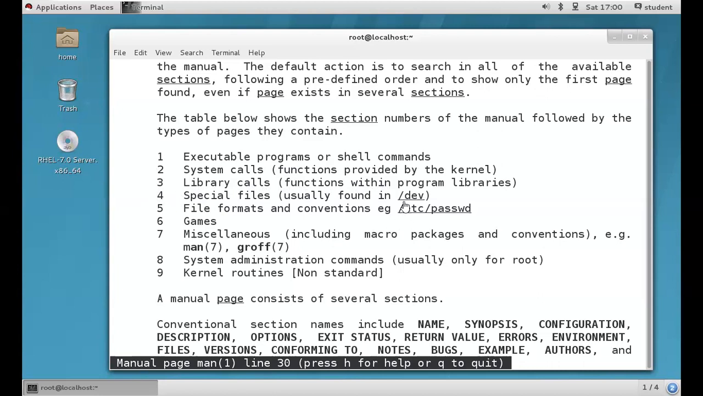Inside /dev we will have the device files, right? So sda, sda1, like this device files will have. What is the use of sda1? What is sda1? Like this, we can find out. Section number 5,